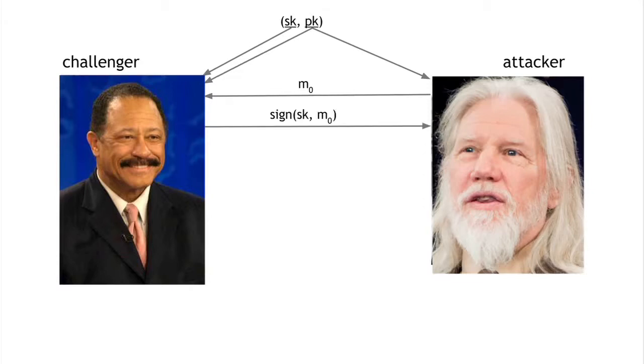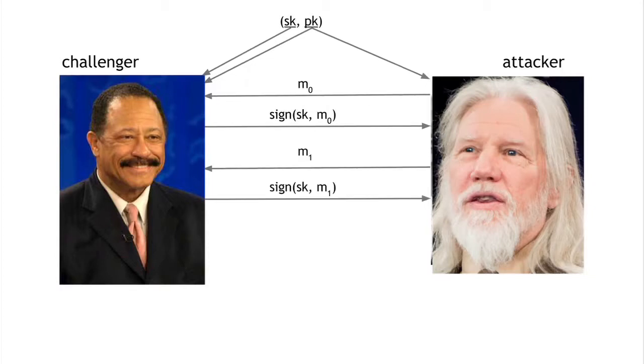The attacker can look at that, scratch his head a little bit, and send over another message, M1. The challenger will sign that. And we do that for as long as the attacker wants. The attacker can send over any sequence of messages he wants and get signatures on them. Once the attacker is satisfied that he's seen enough signatures, and we're going to let him see only a plausible